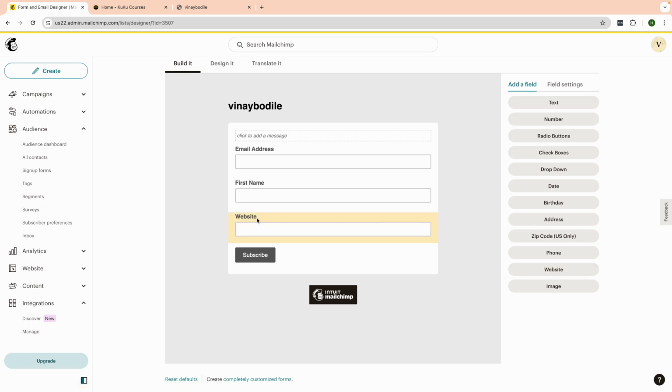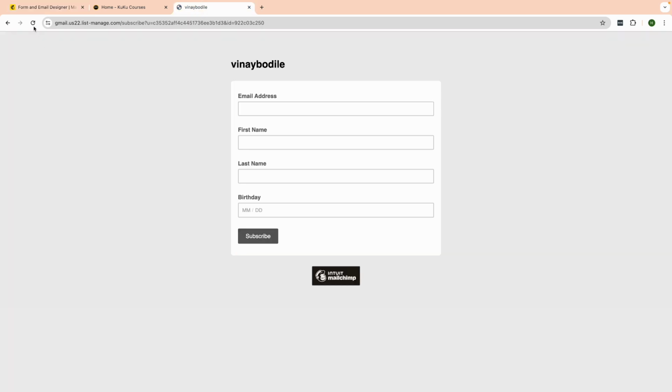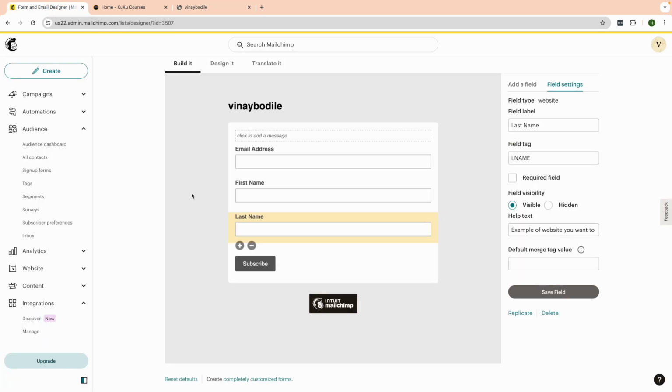Basically, if you are a website development company that provides service by creating websites, then in this particular area, if you click here and go to the field settings, in the helper text you can say, example of website you want to build. Now just see, I have put this. Click on the save field button, and now if you refresh your form, you can see we have email address, first name and last name, and also